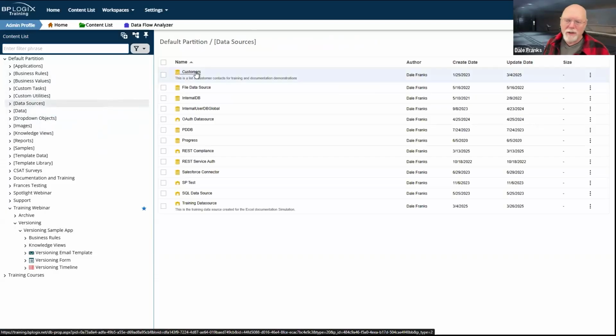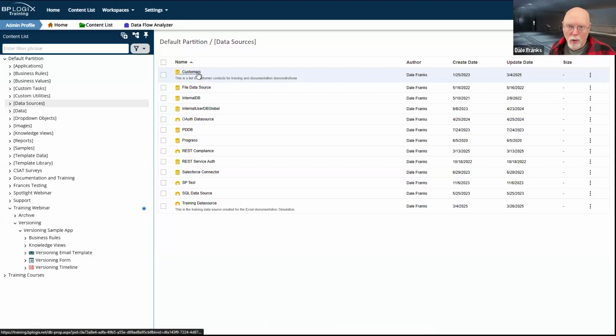Take a look at this one, customers. And this customers data source on a dev system would point to some sample data that I don't mind exposing to anyone who works on the dev system to build things in Process Director. On my production system, I would still have a data source called customers.